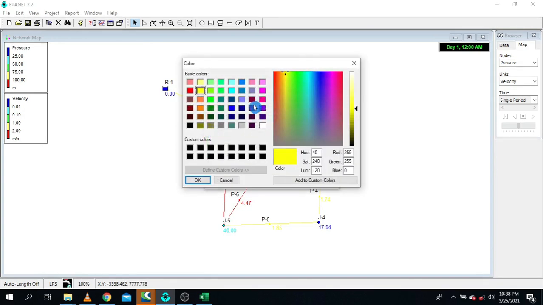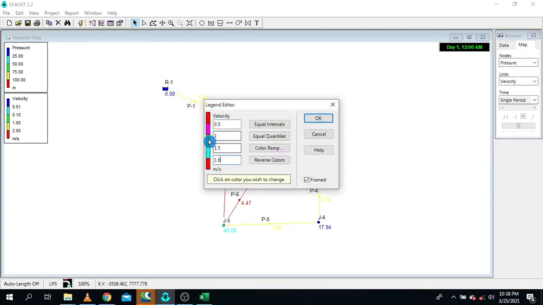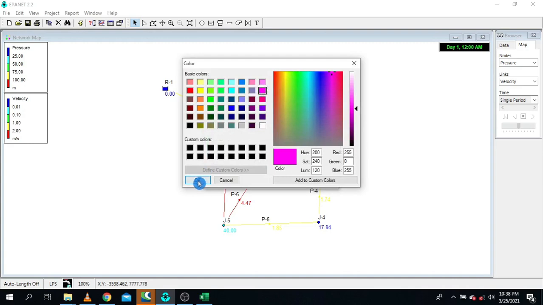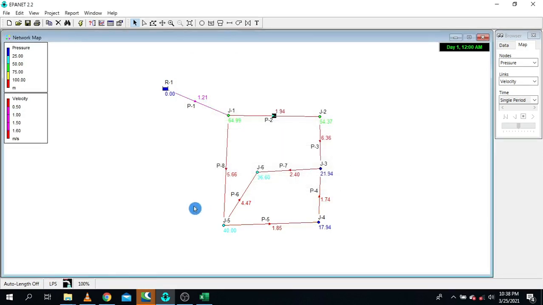And let's change the color. Put here purple and again here purple, so we can see clearly. Okay, so what we have here is, at least now we have